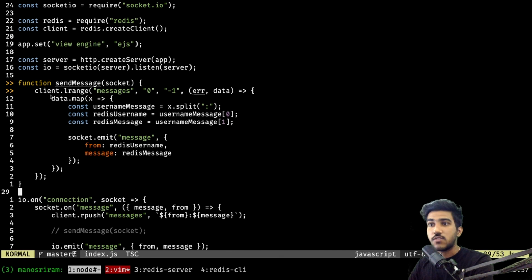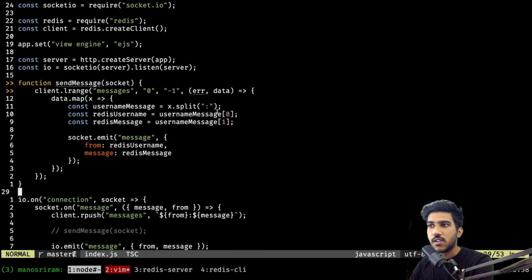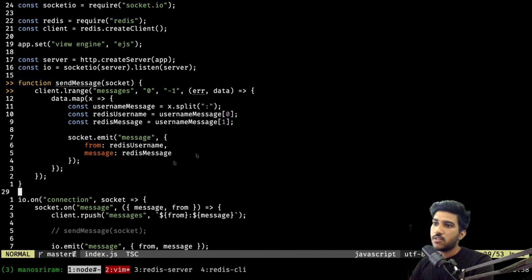Let me tell you what this function is doing. This function is just looping through every element in this messages array inside the Redis server, and we'll be getting the array back. And what we're doing is mapping through that array, and for each string we are splitting at this point, a colon, and we are taking the username and the message and storing them in two different variables and just emitting an event with the same from and message properties. So this socket.emit will be emitting the message to the single user who triggered this event. So let's call this